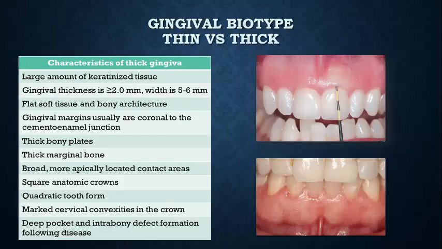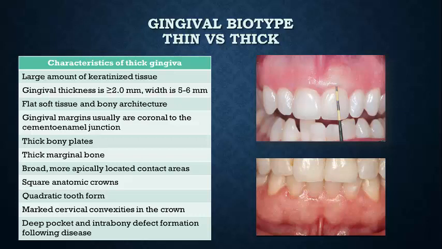The thick biotype people, as we can see on this picture, have a good amount of keratinized tissue, thick soft tissue, which is more than 2 millimeter, and the shape of the crown is square shape, and they have a broad contact area between the crowns, which is located more apically, and this is easier to restore the implant with these cases